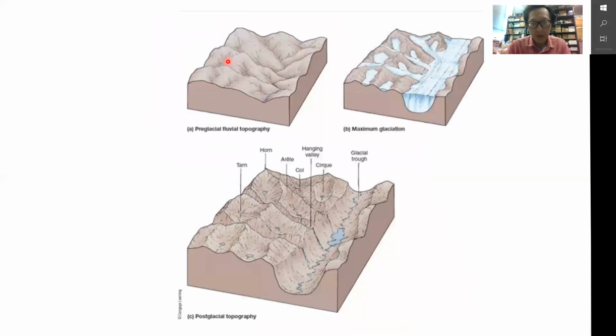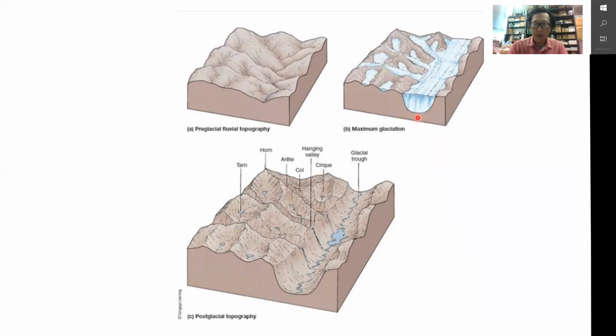So here's a cartoon of what we could envision of a glaciated topography during the last glacial maximum. This is the pre-glacial topography, which is carved up in this sense by rivers. So you have more V-shaped valleys. But with time, ice sheets grow, and you get a very big glacier in the big valley, and carving out